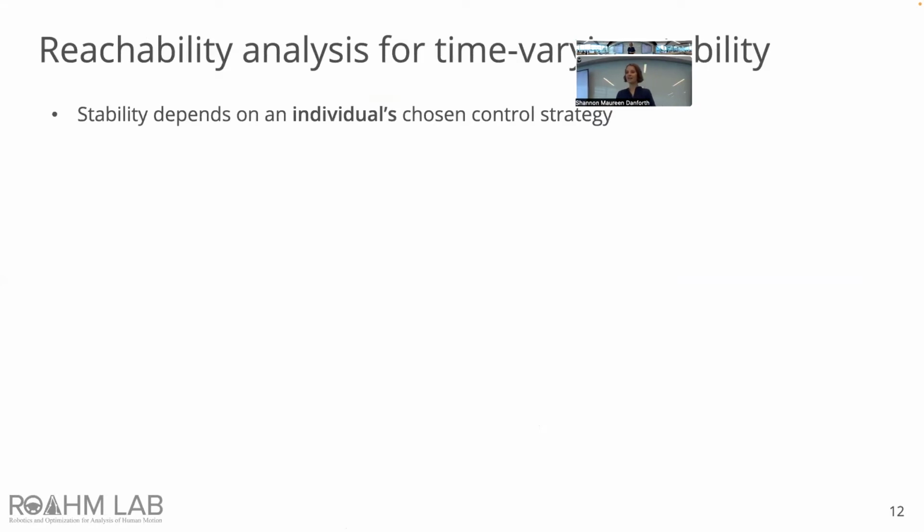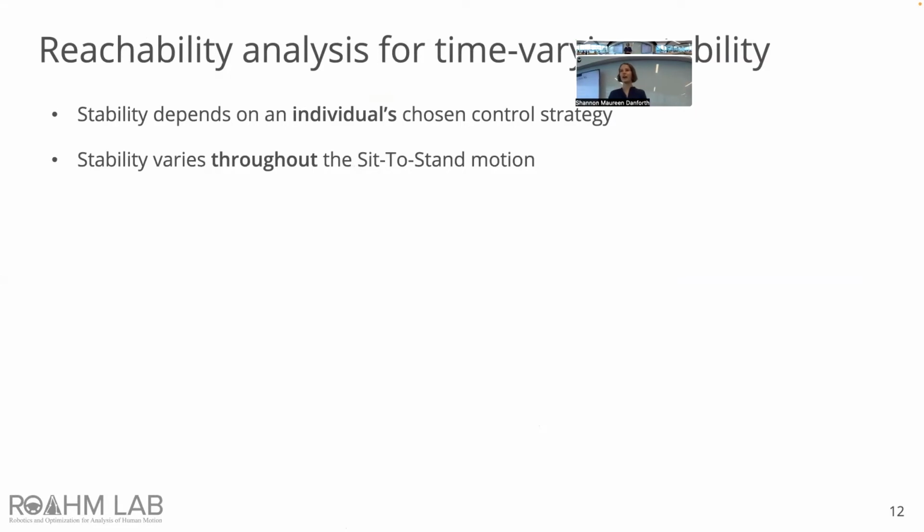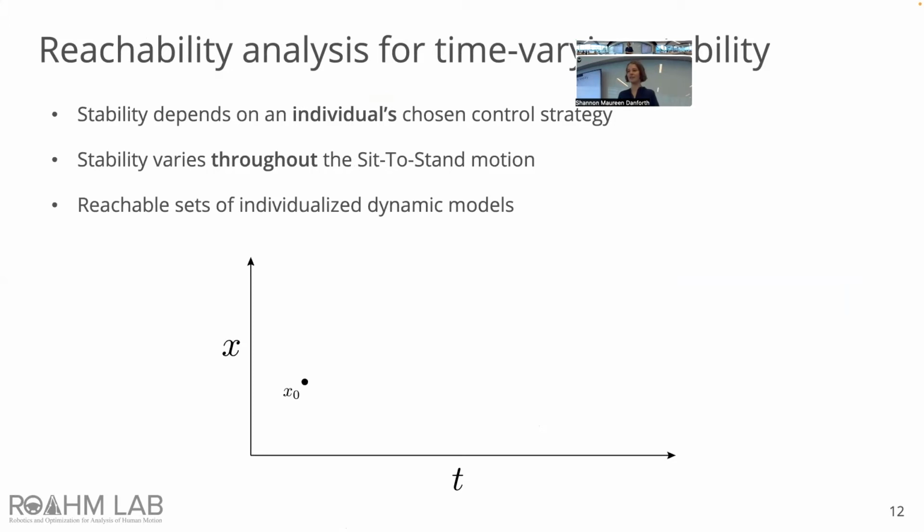And so we're interested in developing a stability metric for sit-to-stand that depends on an individual's chosen control strategy and varies throughout the sit-to-stand motion. And to do that, we'll use reachability analysis. So to get an idea for reachability analysis, let's take a look at an initial condition of a dynamic model